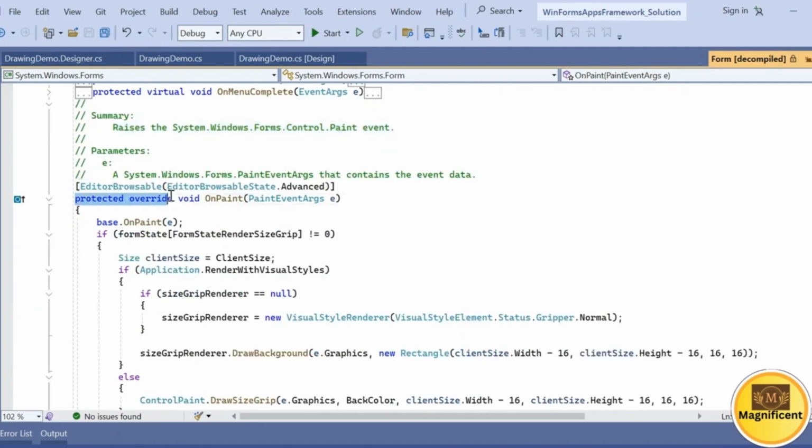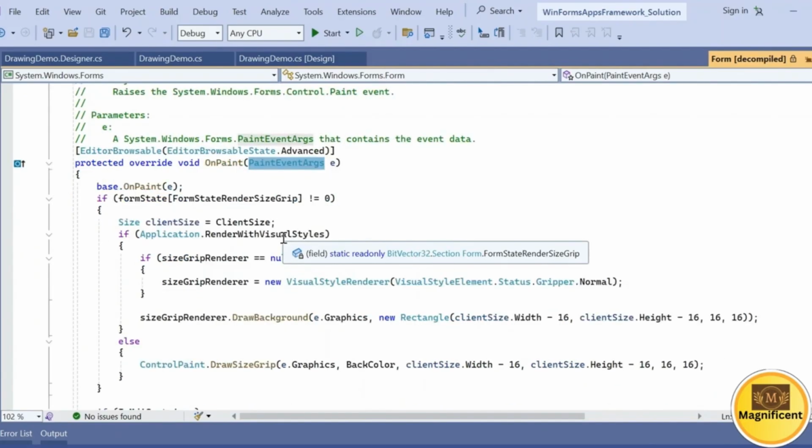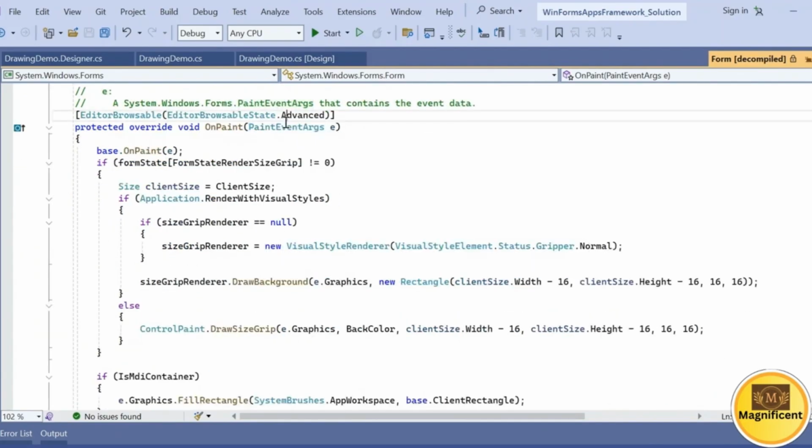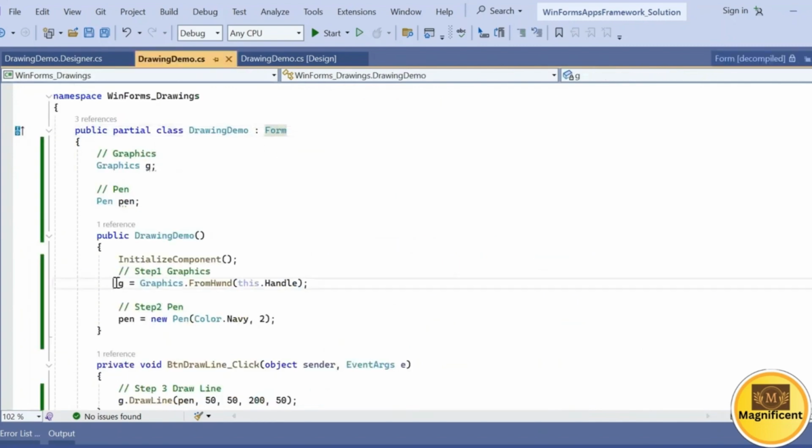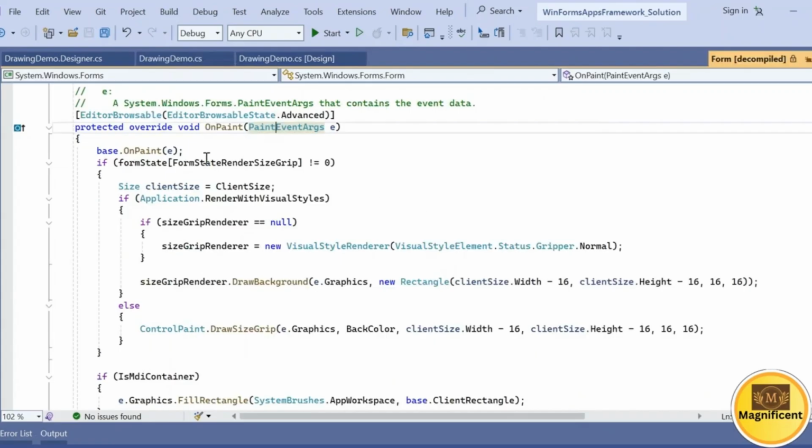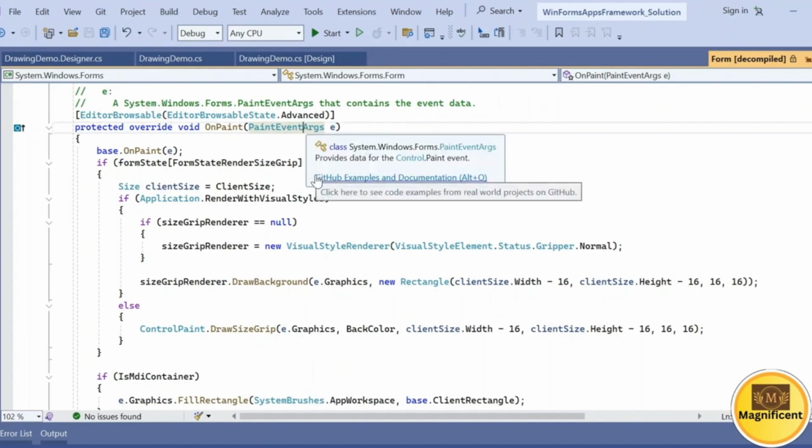If you see this protected override void OnPaint with the argument PaintEventArgs. In the PaintEventArgs, we can easily get the object of Graphics. So now how are we getting this event argument as a Graphics g? If you see this PaintEventArgs and this event e, for this event args, if you go